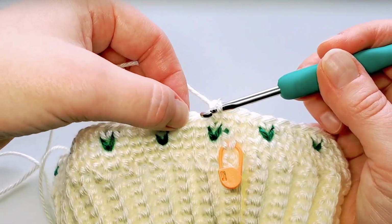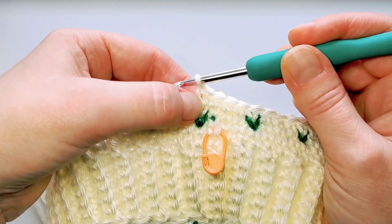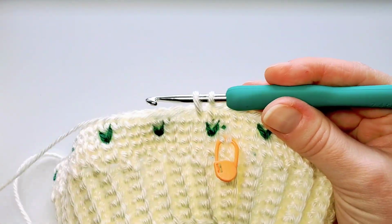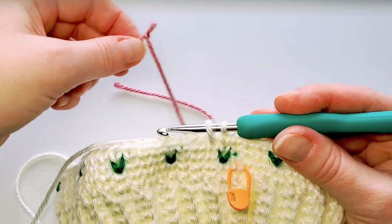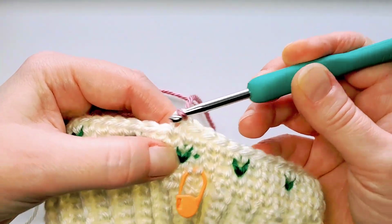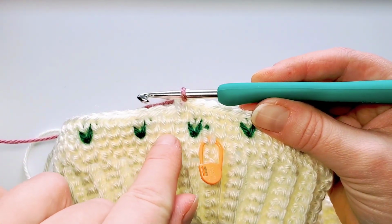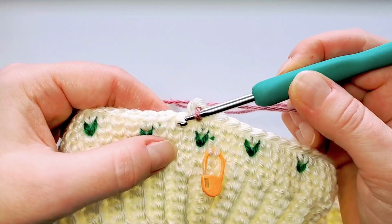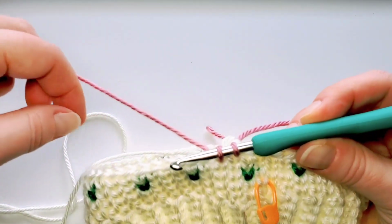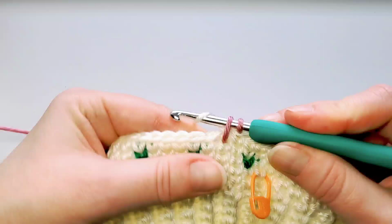And now here, this is the stitch that's going to be with my dark pink yarn. So that means when I'm done with this one above the green stitch, then the next stitch here I start, and I have to finish it now with my next color. So I already made a slip knot with my dark pink, so I will pull it through the loops, and you see how this next stitch is here above the middle of the 3. And as before, I start the stitch here with the next second color, but then finish it with main color because it's only one stitch,